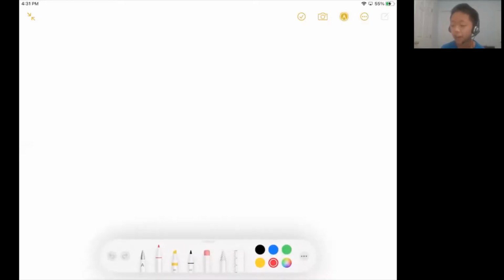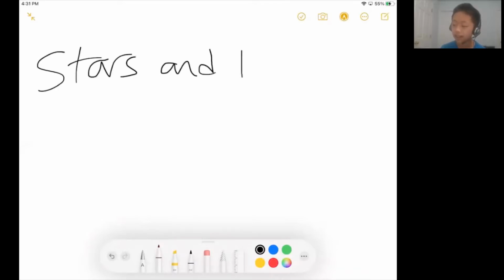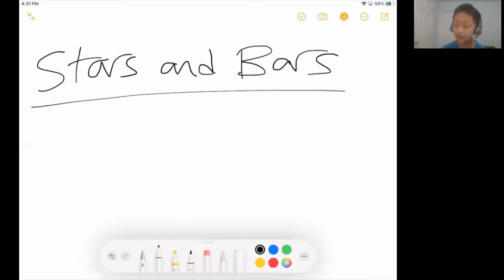Okay, so today we're going to be talking about a very important technique in combinatorics, and it's called stars and bars. The idea of stars and bars is that this technique can be used to solve questions called distribution questions. In many combinatorics questions, a very common question that the AMC might ask you